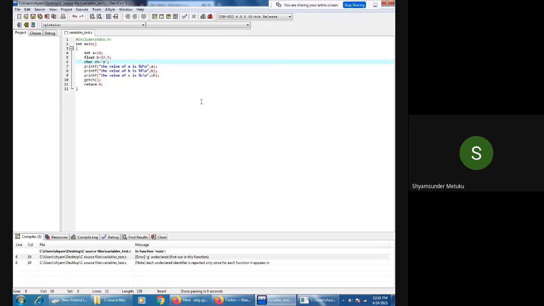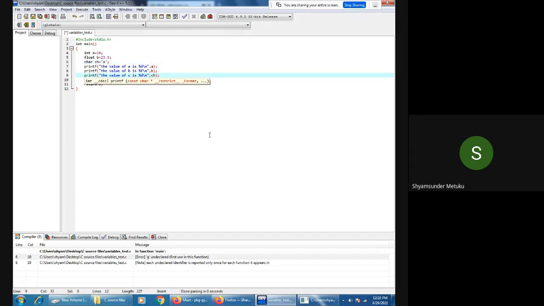Now I said every character for a computer is internally represented by an ASCII number, yes or not? Yes, sir. I wanted to verify that ASCII number. To verify it, even though it is a character, you have the liberty to use percentile D here.